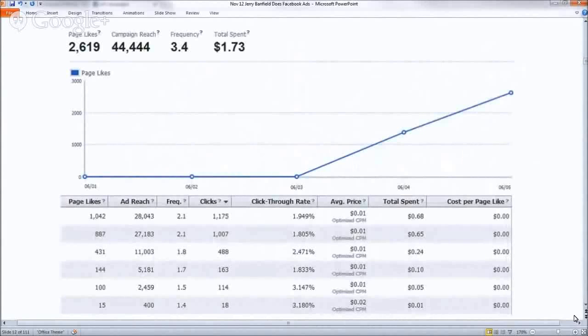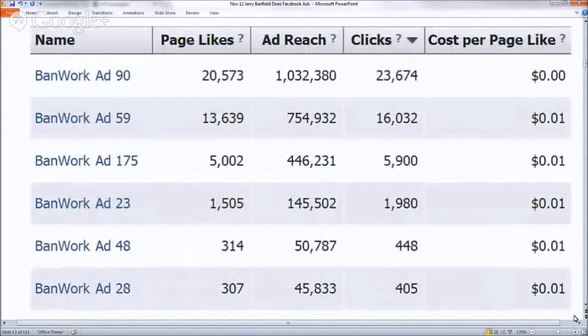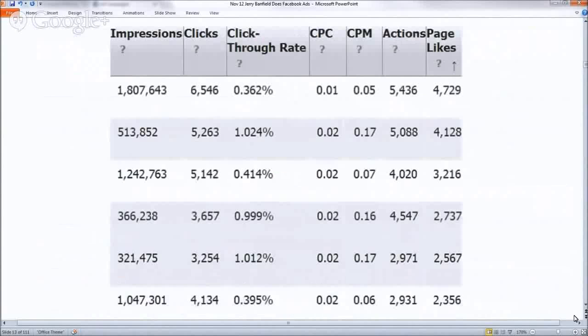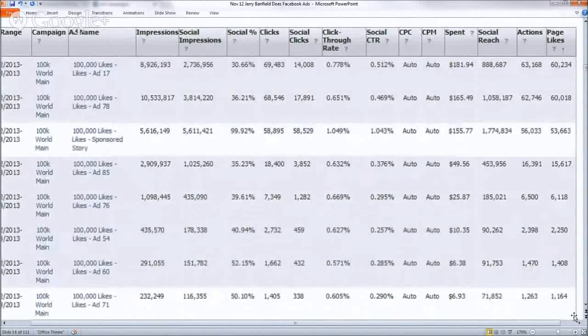2,619 likes for $1.73. 20,000 page likes at 0.00 cost per page like. 1 cent cost per click on a 4,729 page like campaign. If you want bigger stats,